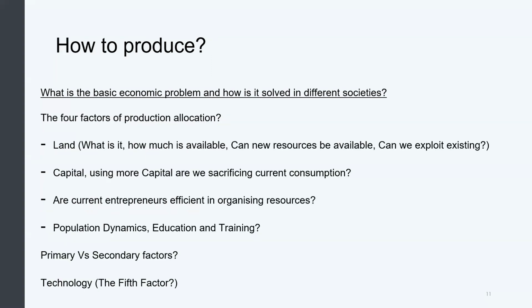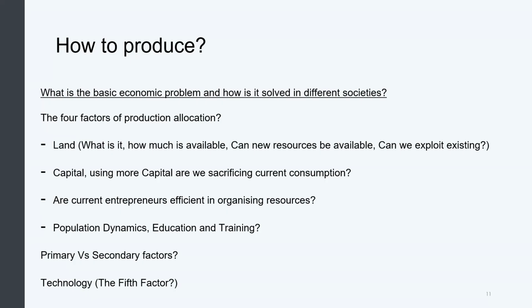Right. The question of how to produce. You have decided that, look, we want to produce potatoes in South Africa. That's what we want to produce. So, how are we going to produce the potatoes? Are we going to take all the land in South Africa and get 1 million people onto the farms, and then buy those hoes and start doing our potatoes? Or are we going to buy 1,000 tractors and use those tractors to do our potatoes? So the decision of how much land, how much capital, how many entrepreneurs we are going to use within our production process. How do we mix?